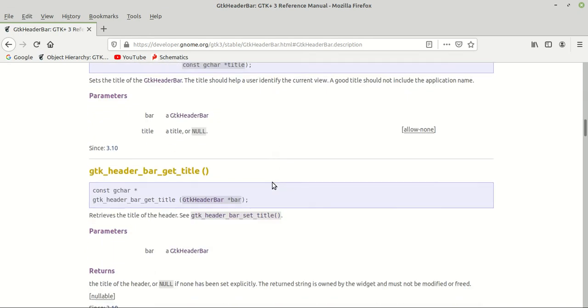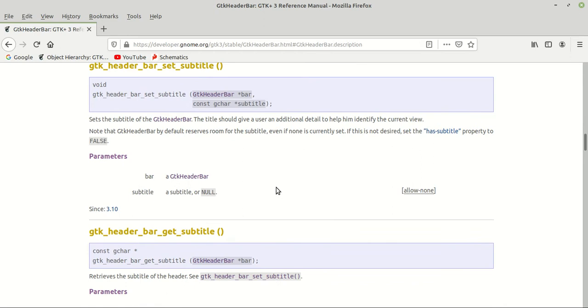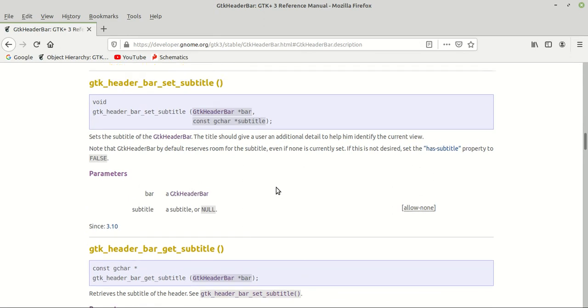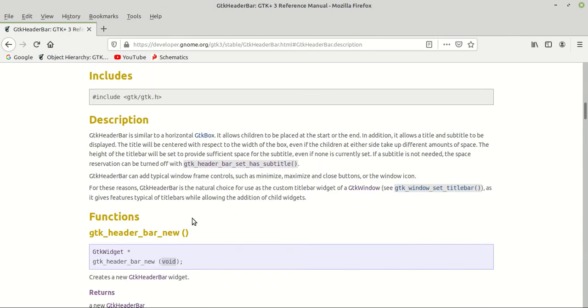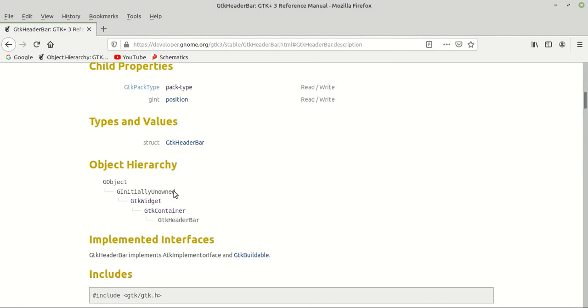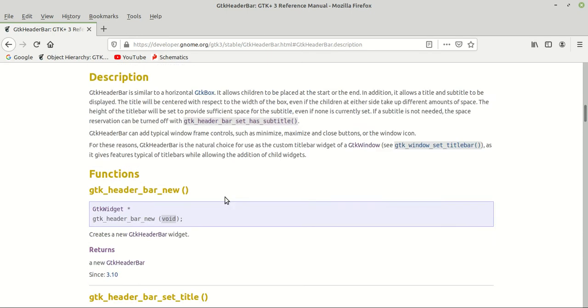We have some functions, we learned about them, we saw what kind of functions they are, we learned that we are dealing with a widget which is derived from a GTK container, so it is a container-like one. We saw already that it has some children.